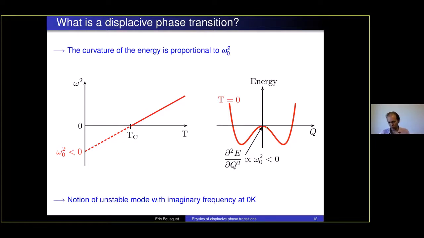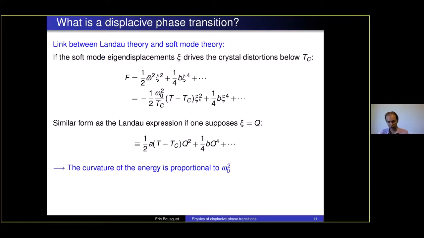And the other thing, we have linked here at T equal to 0. This means if we take the eigenvector of the high temperature phase, using the phonon frequency and the eigenvector beyond Tc, but we extrapolate to 0, we suppose we are at 0 K, we'll find omega square that is negative. And then we'll find that if Q is equal to 0, the second energy derivative with respect to Q square, which is directly proportional to the Xi square, is negative.